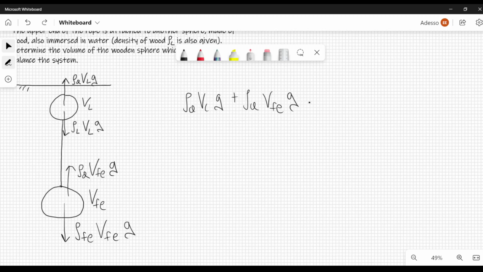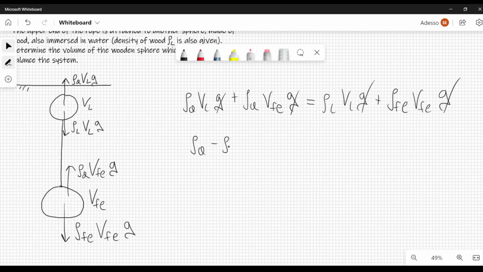These are forces pointing upwards, and this is equal to the sum of the forces pointing downwards. Rho L VL G plus rho Fe VFE G. So we can simplify the constant G, the gravitational constant, and then here we can rewrite it as